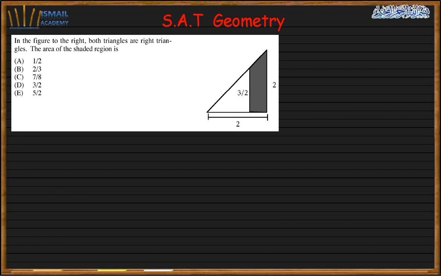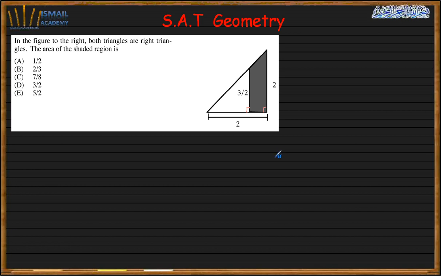So we have, in the figure to the right, both triangles are right. Which means this is the right triangle and this is the right triangle. So both angles are congruent, which means those lines are parallel. And this tells me that this triangle and this triangle are similar. Now the area of the shaded region is, so we need to find out the area